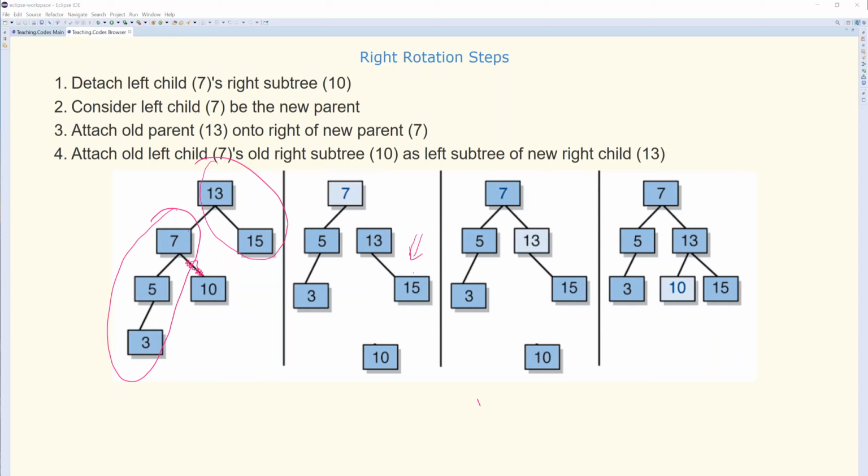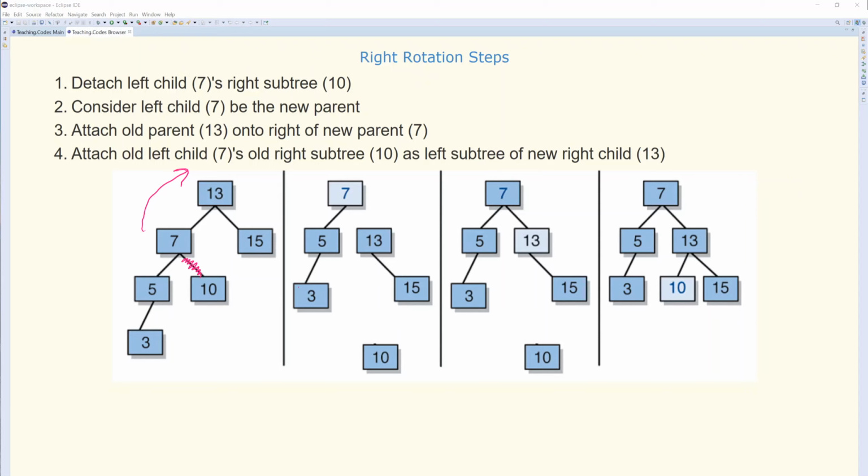So the first thing that you do is when you decide to rotate 7 around 13, that's how we call it. 7 is the one that we're holding from and shaking. 13 is the old one. So we say the new parent is rotated around the old parent. So when we're rotating 7 around 13, first for the new parent,